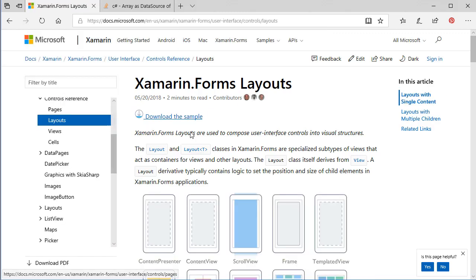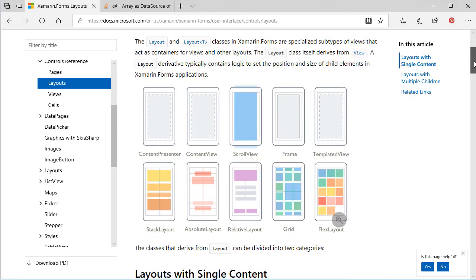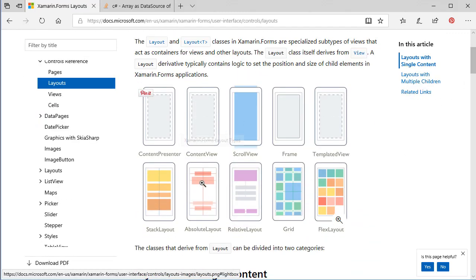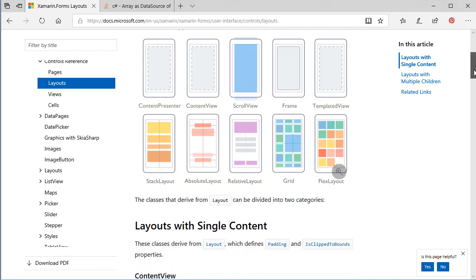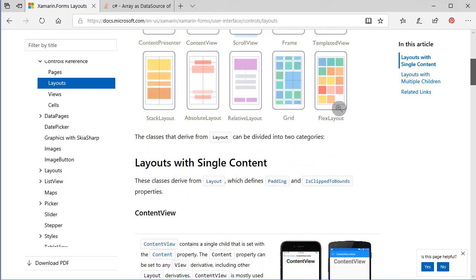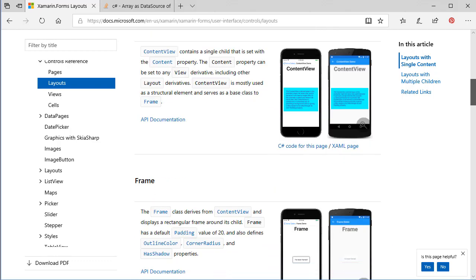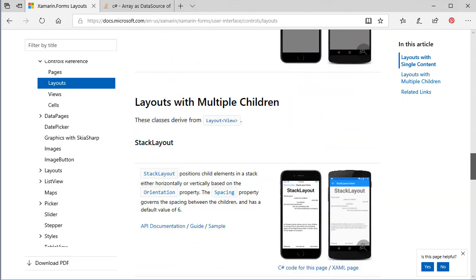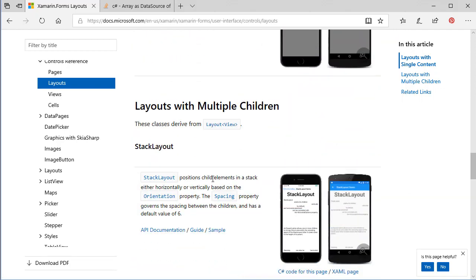We have layouts. And Xamarin recently added some more layouts here than we've had in the past, but several different types of layouts. Some of these layouts allow us to have one object inside of it, such as a scroll view or a frame. Those are single content layouts. And then we have layouts that have multiple children, such as the stack layout, where there's multiple views inside of that layout. We have views,